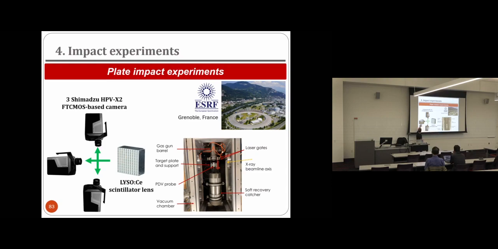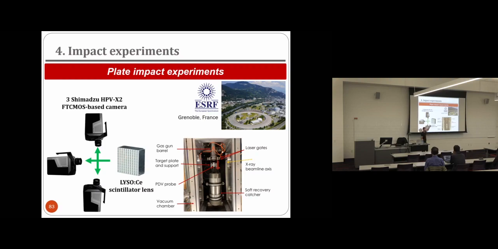And then what was fantastic is that we had 3 Shimadzu cameras operating at the same time. So just for you to have an idea, the duration of the spall experiment in our lab is typically 2.5 microseconds. In the synchrotron, we have to scale down the specimen size. And scaling down means that the process of wave reflection takes less time, so it's even shorter. So I'll show you some signals. But in the synchrotron, when we are scaling down the specimen size, the whole experiment lasts around 1 microsecond.